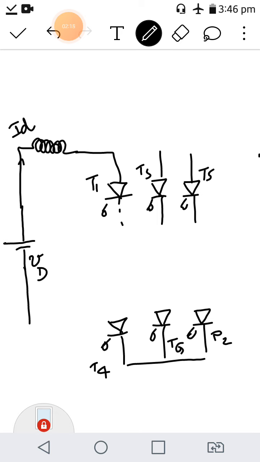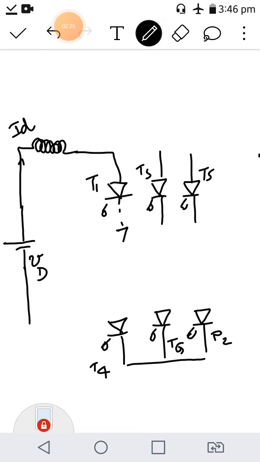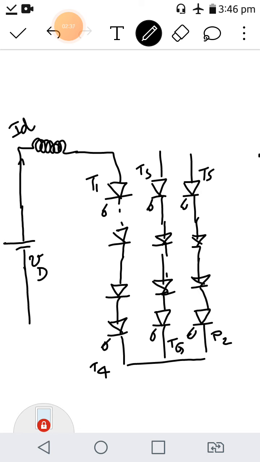You studied this in the last semester in power electronics, the current source inverter. And for proper commutation, you have diodes also. Diodes and capacitors for proper commutation. This is D1, D3, D5, D2, D4 and D6, and you have capacitors connected in between for proper commutation.